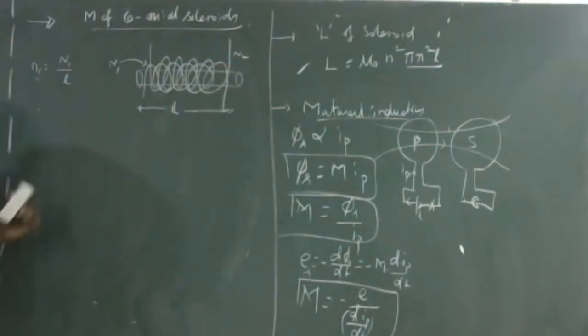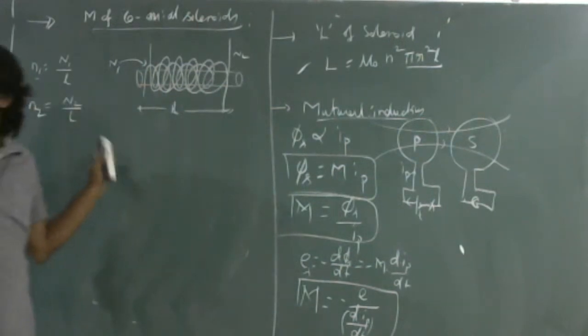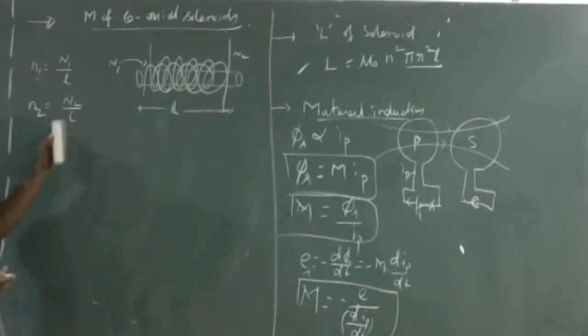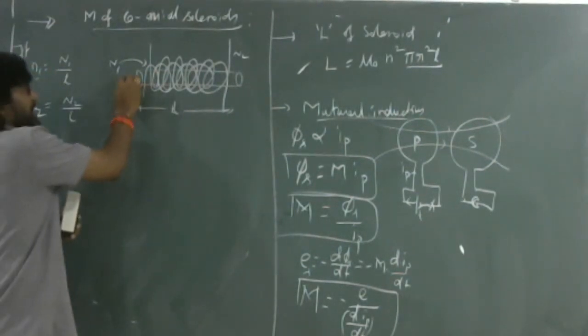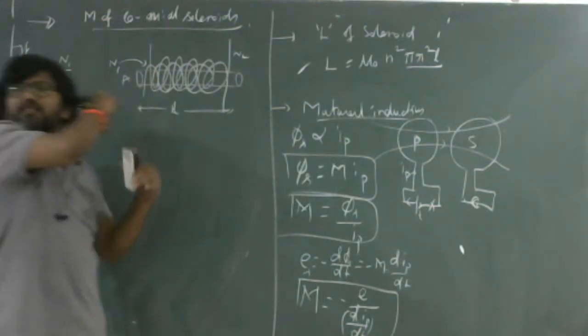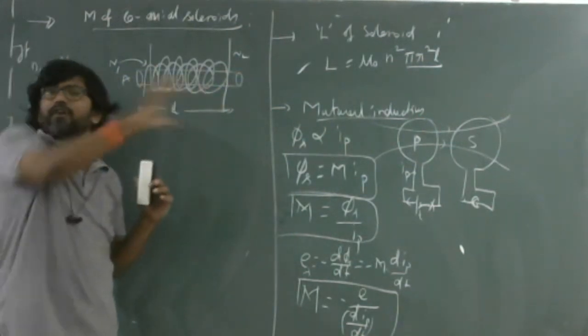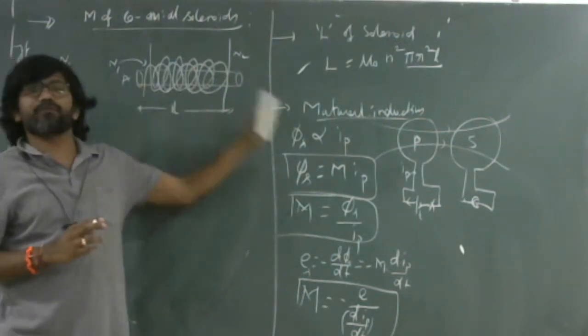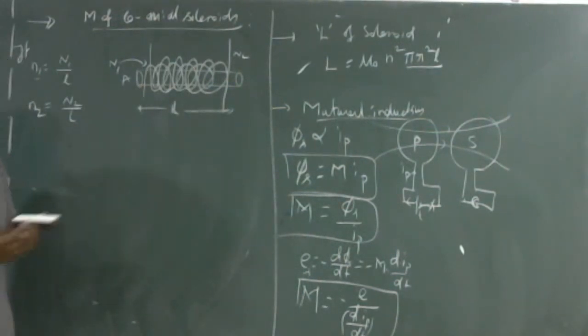having N2 number of turns, where N2 is the total number of turns in the secondary solenoid on the same length l. The number of turns in the secondary coil per unit length gives you small n2, the number of turns per unit length in the secondary solenoid. If n1 is this and n2 is this, and both have the same area because they are wound on the same uniform core,